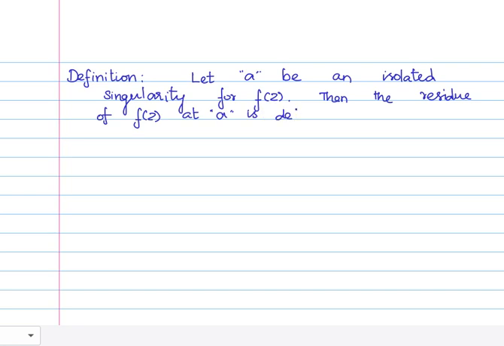The residue of f of z at A is defined to be the coefficient of 1 over z minus a in the Laurent series